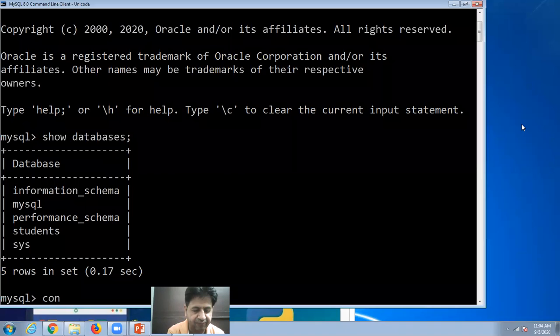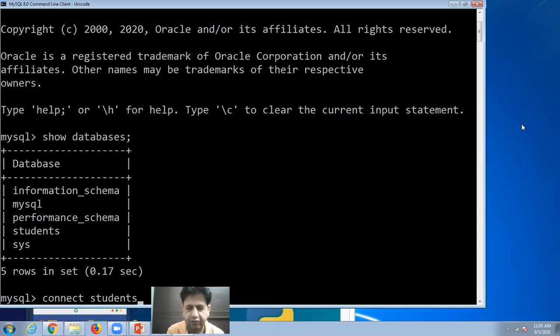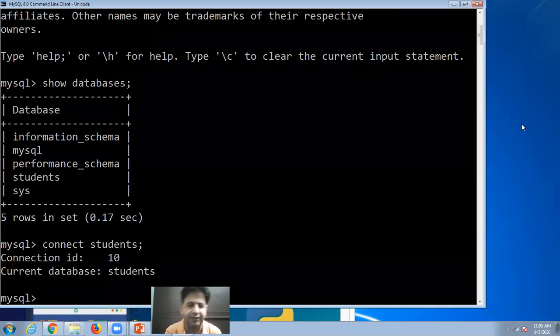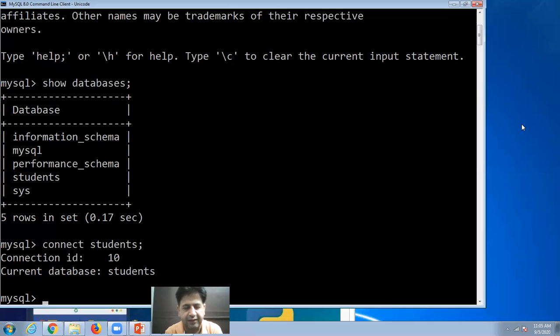For this, connect or use the database name, students. Then use semicolon. At the end of each statement, you will have to use semicolon. Now you are connected with the MySQL server, and inside that you are connected with the students database.